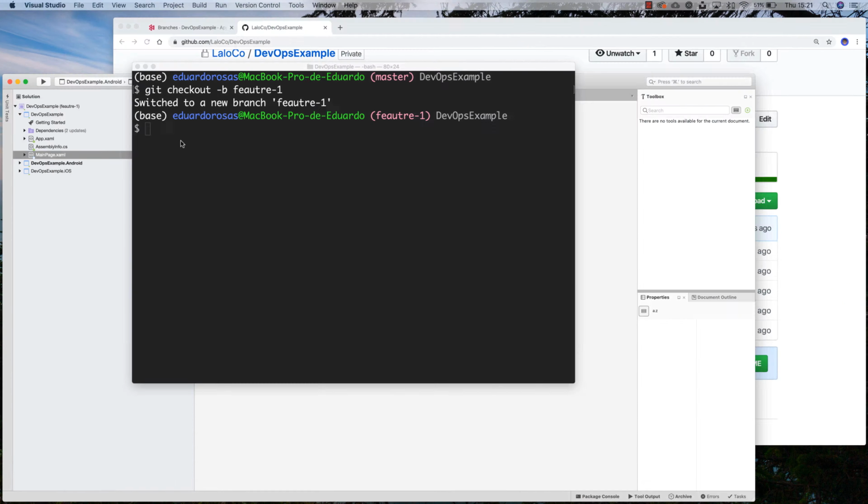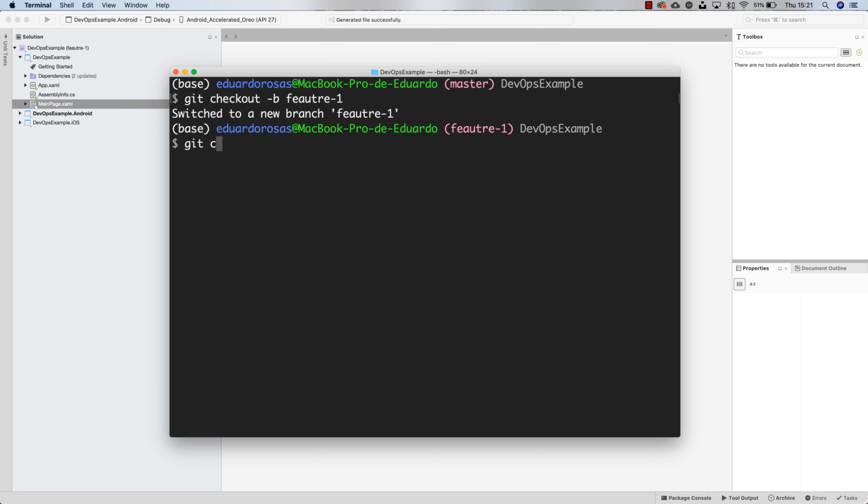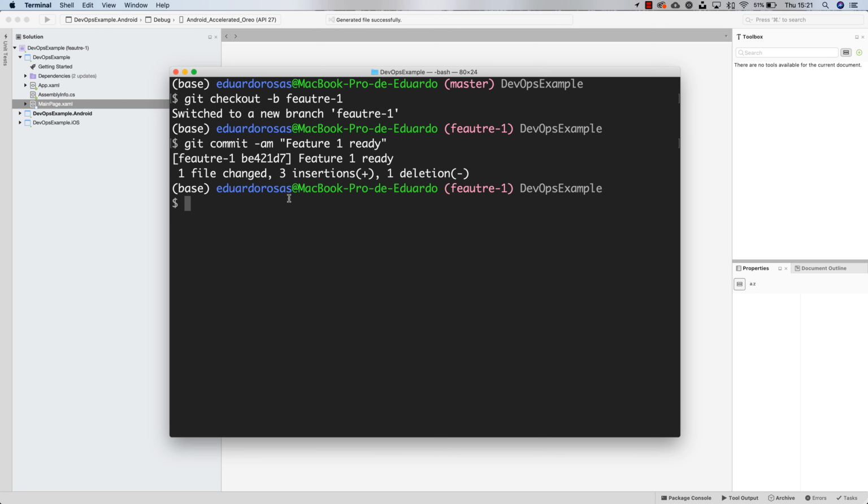So now if I navigate back to the terminal, I can commit this change, of course, add it and add the message as well. I can do it with just this quick command and just say that this is feature 1 ready. Just this tiny quick feature. And now that I have feature 1 ready,